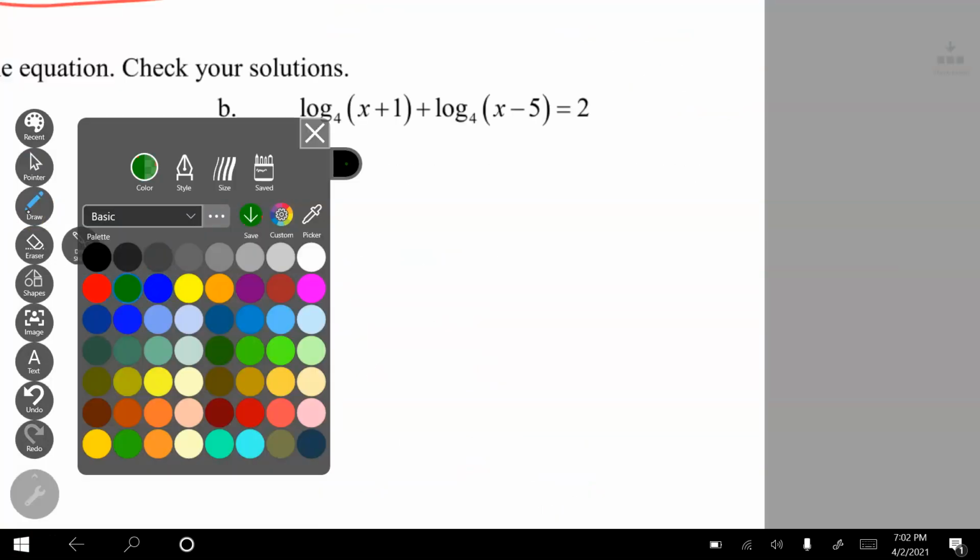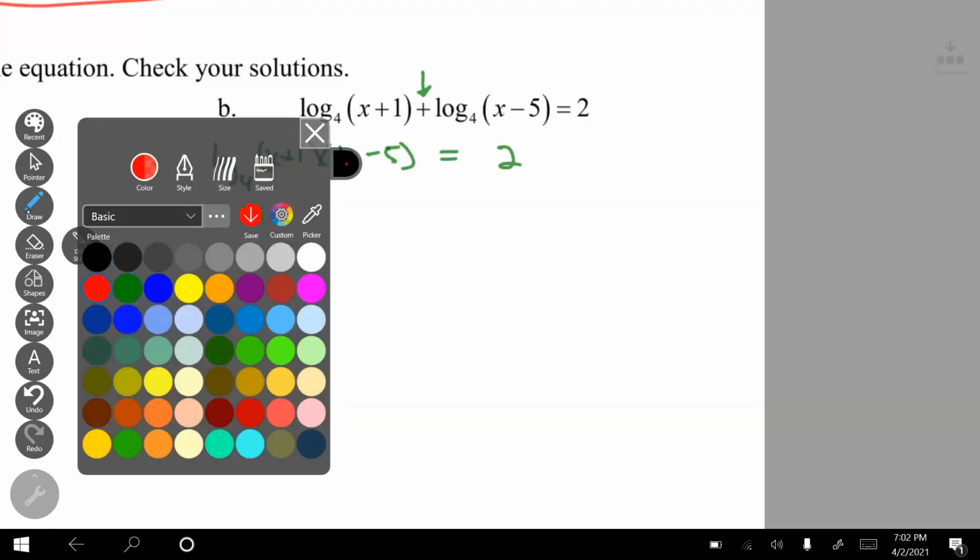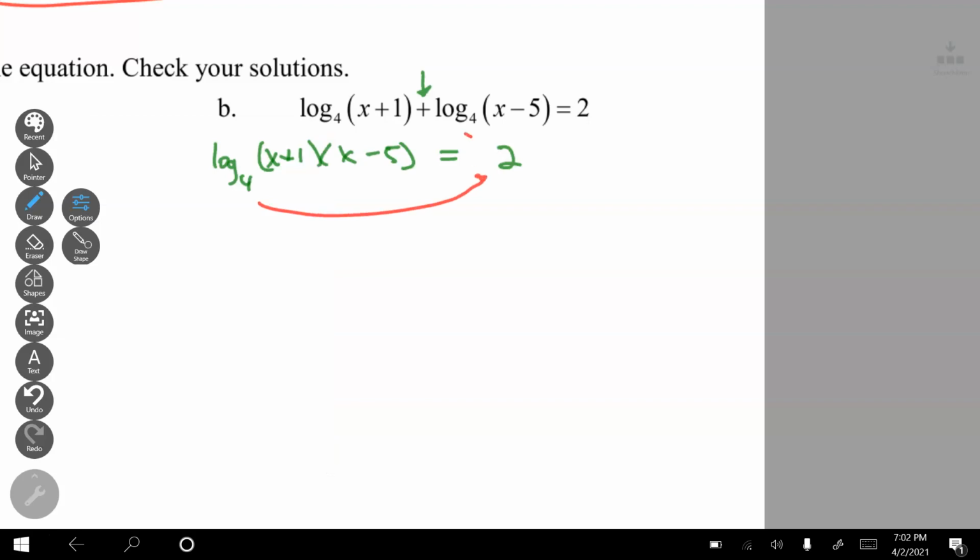So for this next problem, because I see addition, that means I can multiply the quantities. Don't forget there's a base 4 here, so it's log base 4 of (x plus 1)(x minus 5) is equal to 2. And now when you convert it, you get 4 squared is equal to (x plus 1)(x minus 5). Well, 4 squared is just 16 is equal to,